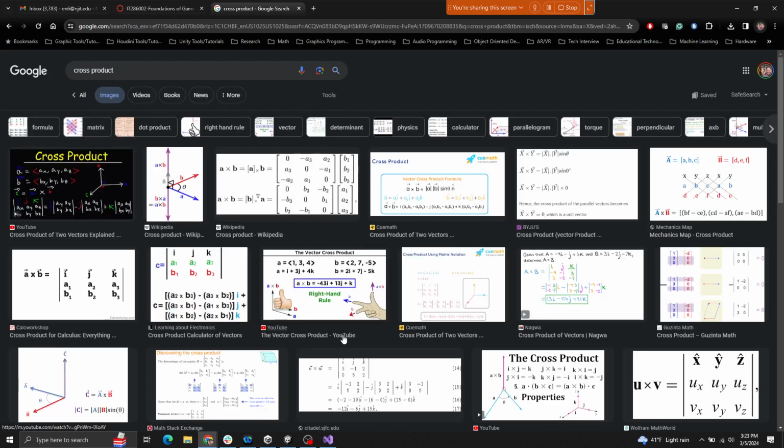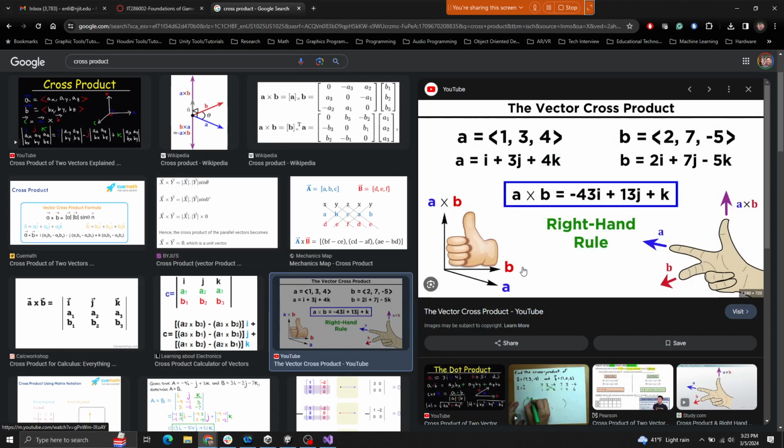And what it's doing is, if you give it two vectors, in this case the right-hand rule probably is easiest to look at. So let's just say we give it A and B. The cross product tells you what is the axis that's shooting off, perpendicular to the other two vectors. Now, the other two vectors don't need to be perfectly perpendicular to each other, but if you give any two vectors, you'll be able to find the third vector that's shooting out. So it's used in 3D, and I believe